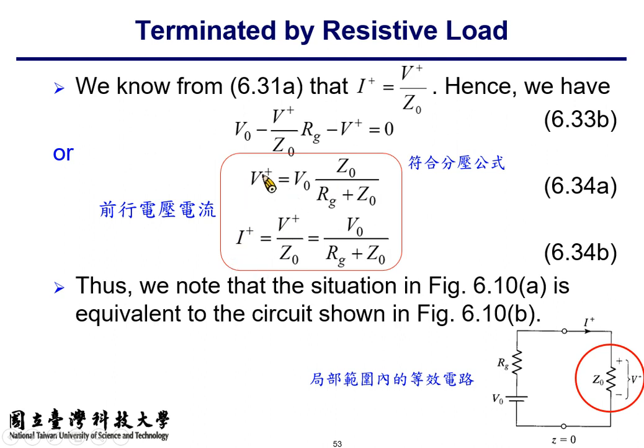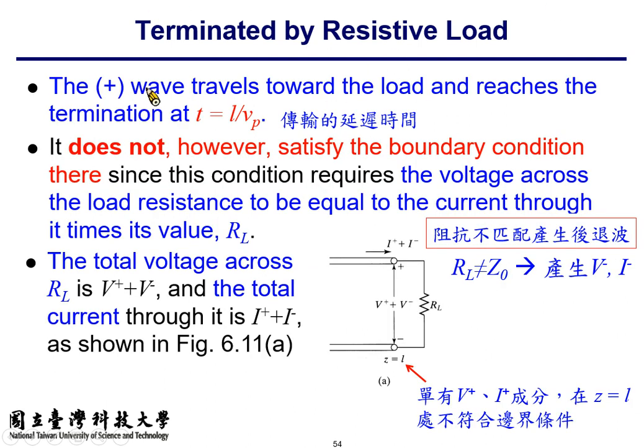And I plus can be found by dividing V plus by Z sub 0. 所以这个称之为什么？其实就分压公式而已嘛。在局部的等效电路，在刚关上的时候，这个地方看到的就是传输线的那个 Z0 嘛，对不对？所以你要算初始的 V plus、I plus 讯号并不困难。Then